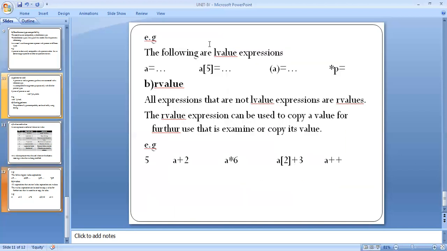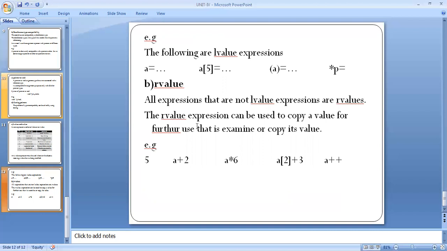For example, the following are L value expressions: a, the assignment operator, and a right-hand side expression, where the variable on the left-hand side will be accessed. A with square brackets, array size is 5, and open bracket defining a pointer variable. These are all left-hand side expressions.